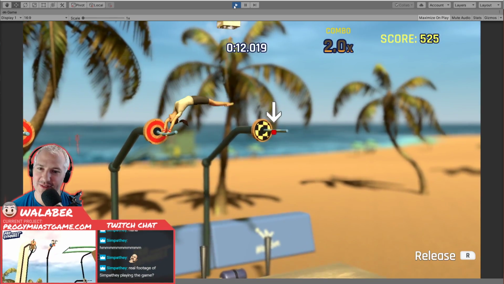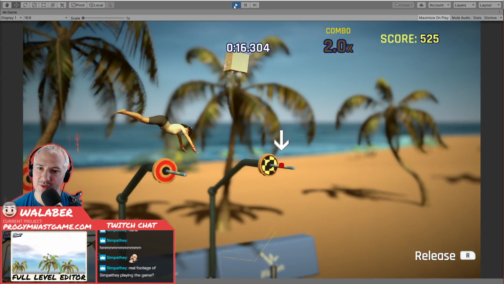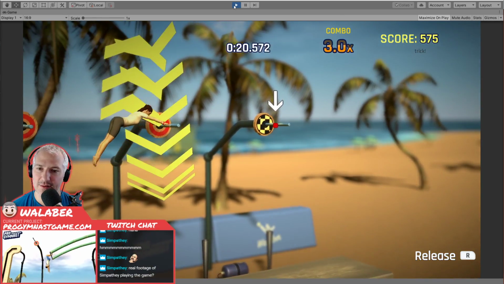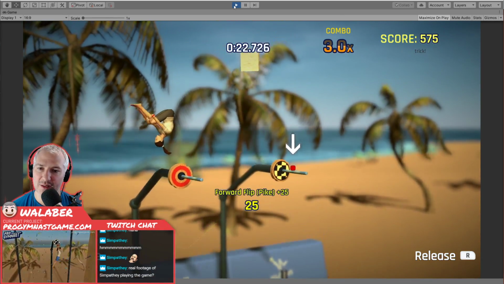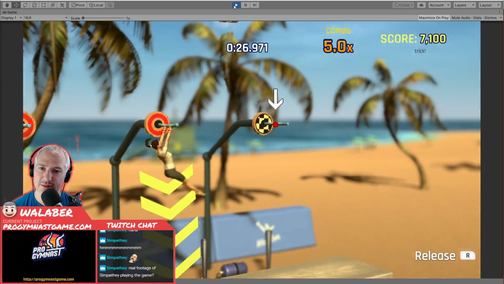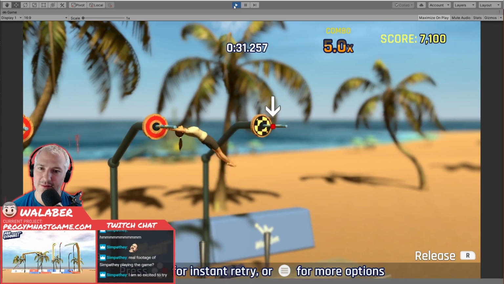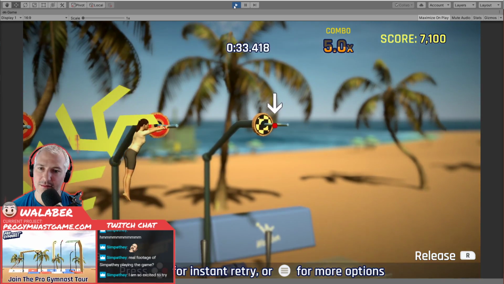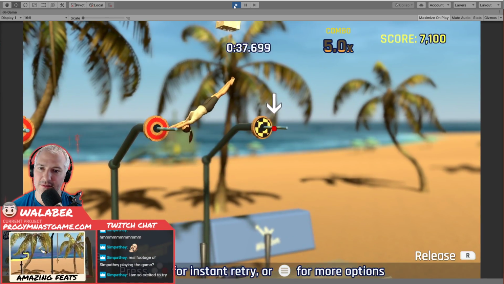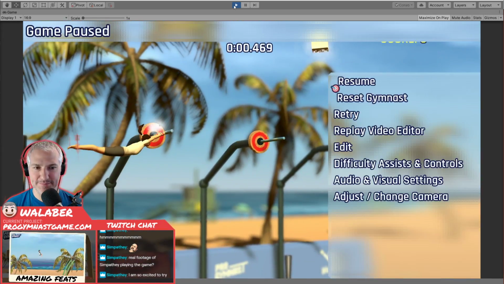Okay, see, this is gonna work. See, look, 2x, and then let go. Oh, look, I let go, but I'm grabbing on again to the same object. 3x. Oh, look, I let go, but I'm gonna grab onto the same object. 5x. Oh, look, I let go. Oh, wait, why am I doing hard tricks all of a sudden? Here we go. Oh, look, I let go. 5x. Okay. So the problem is now,